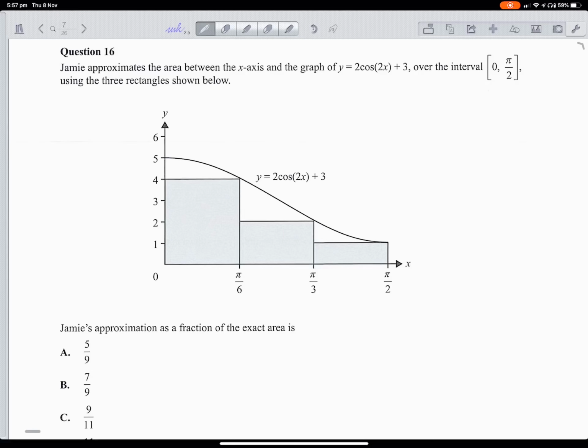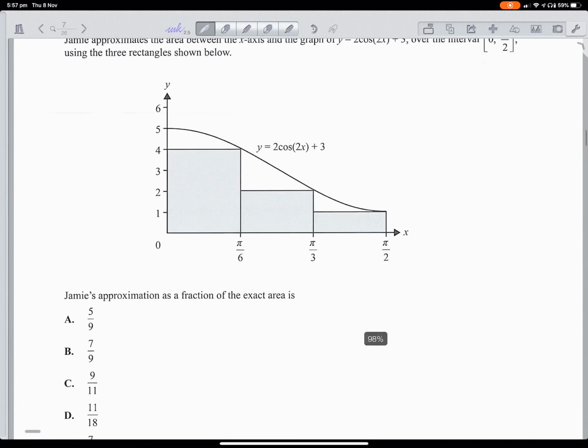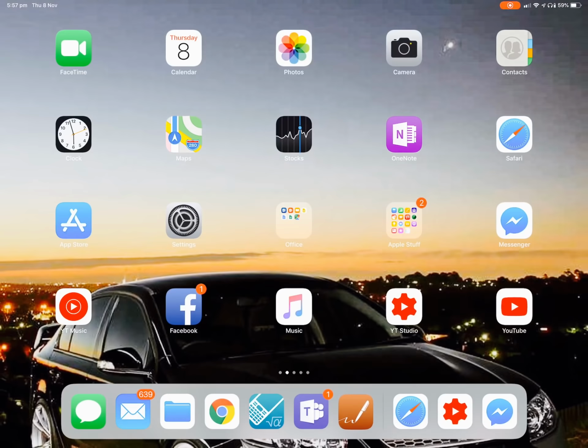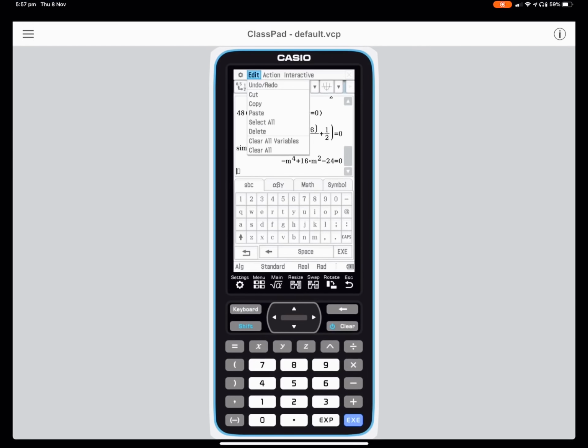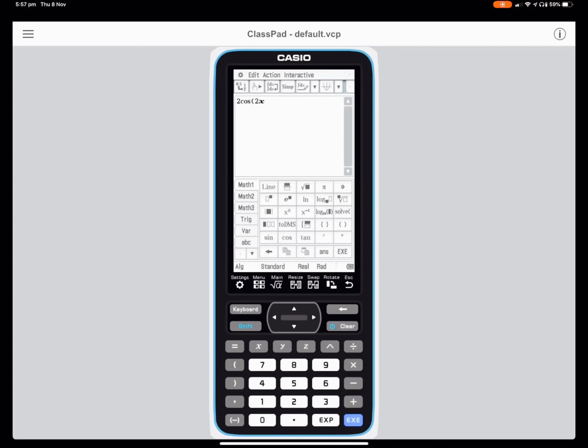Okay, approximate the area under the curve and the x-axis. 2 cos 2x plus 3 over the interval 0 to pi on 2, 3 intervals, pi on 6 wide. 2 cos 2x plus 3. Okay, make sure it's in radians, 2 cos 2x plus 3, define f of x. Okay, so we had the width is pi on 6,